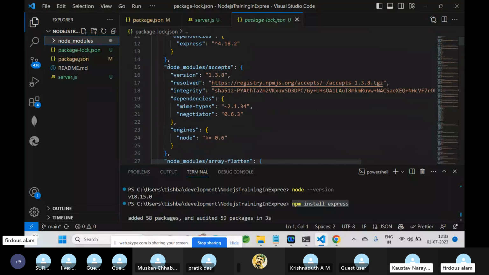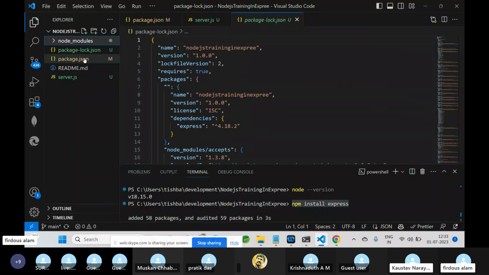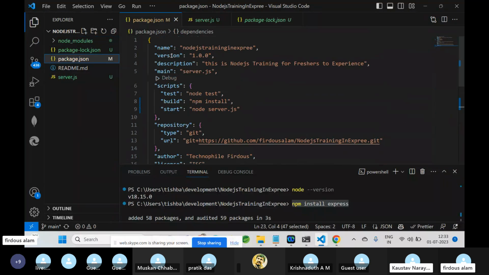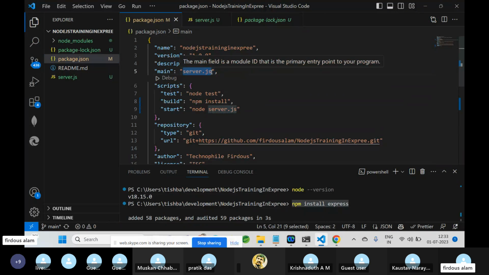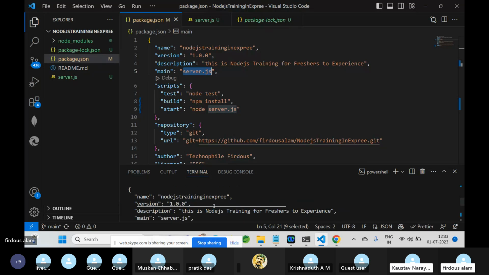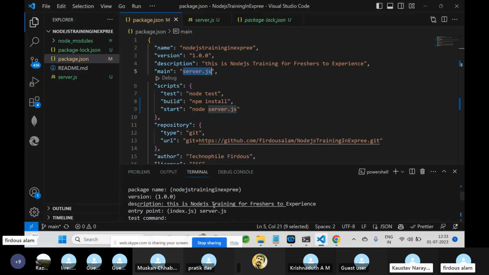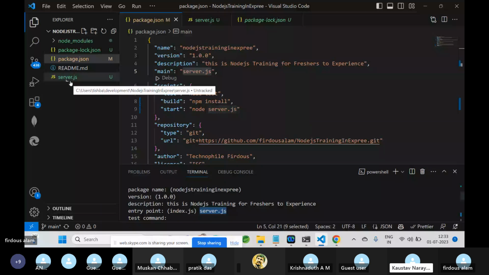Since in our project initialization we told that our main application name will be server.js, that would be our entry point, right? Here we have mentioned our entry point would be server.js. So we have to create one file named server.js.